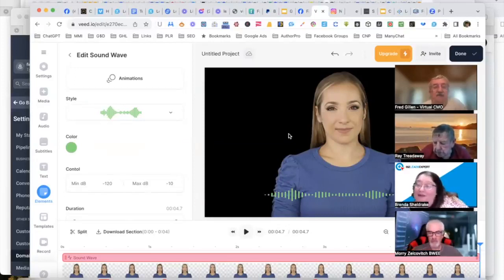Now, all of this stuff is free at the moment. There are upgrades, you can get longer video times and other benefits, but you can create and play with this stuff at no cost, right? So it's a good tool. The way I look at it, I probably wouldn't do a long video with this or any of this stuff, but it's a short